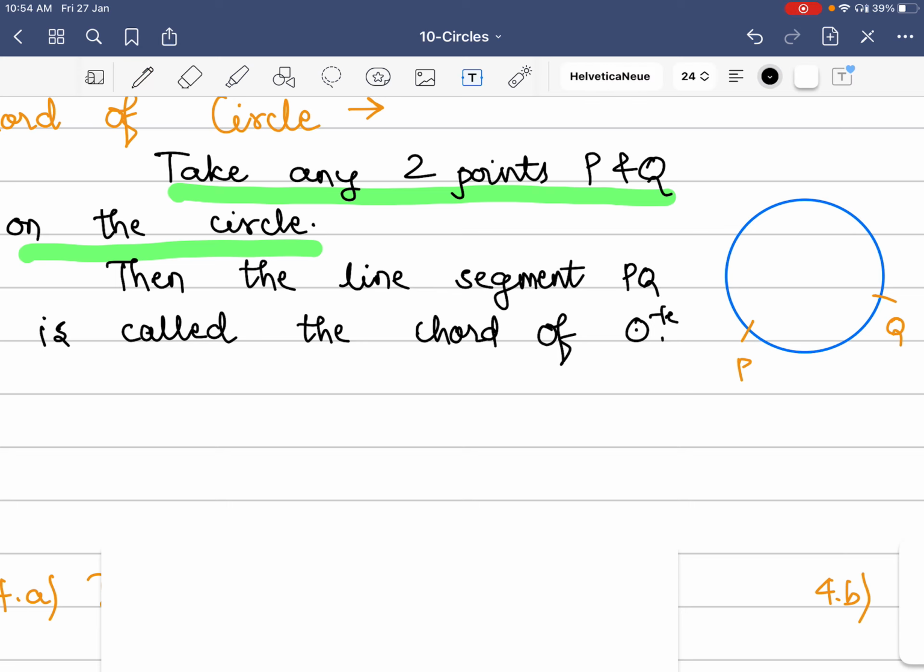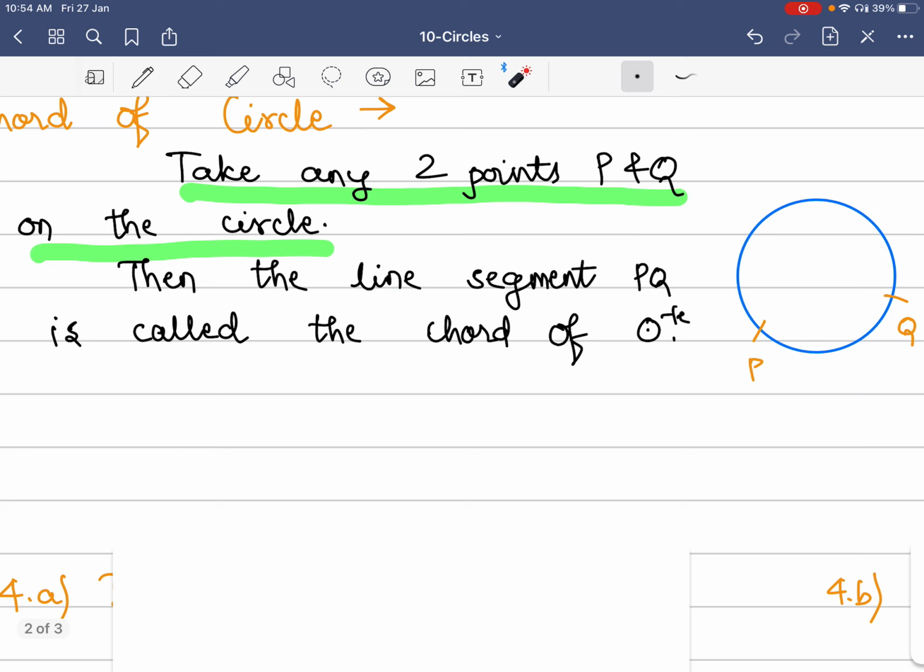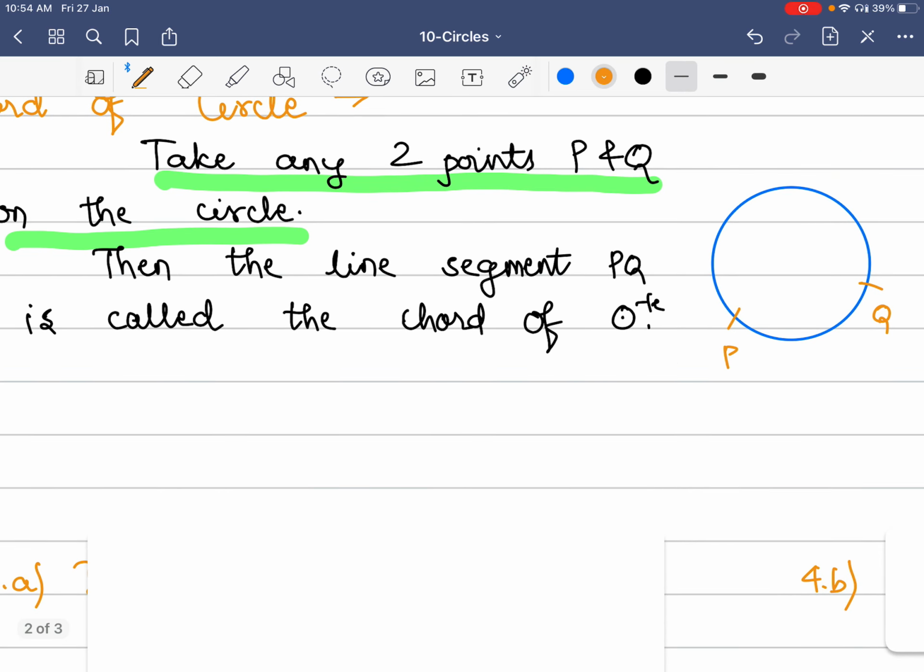And then it says, then the line segment PQ is called the chord of the circle. Quite simple and straightforward definition. All you have to do is connect these 2 points P and Q with a line, and this line segment is called a chord of the circle. So I'm just going to make it like this. This is called a chord of the circle. Quite a simple definition, right? Take any 2 points, connect them through a line segment, and that line segment will be called a chord